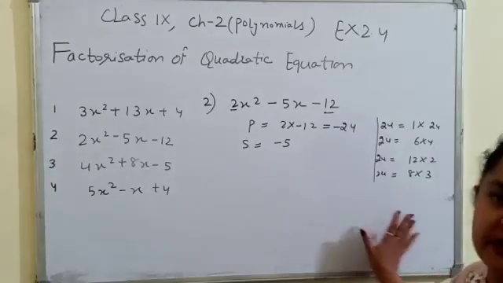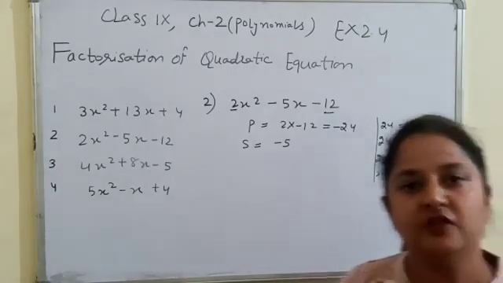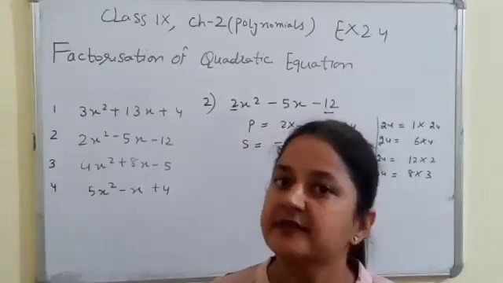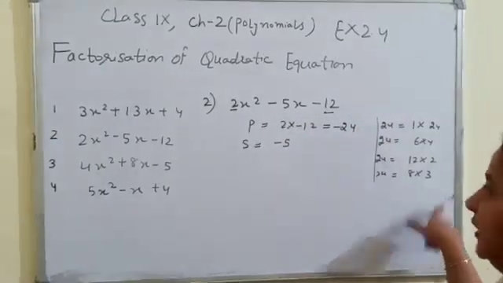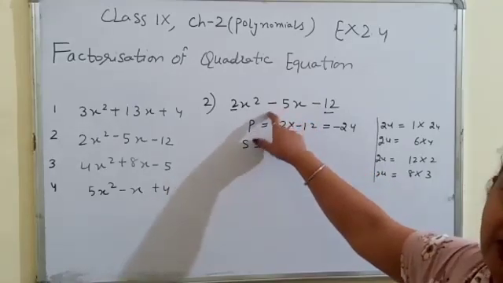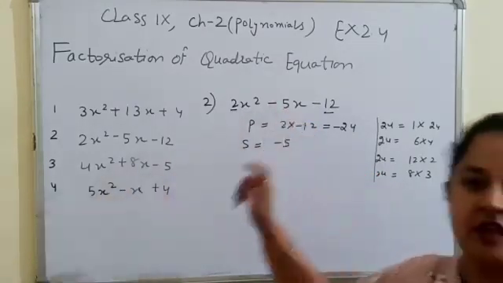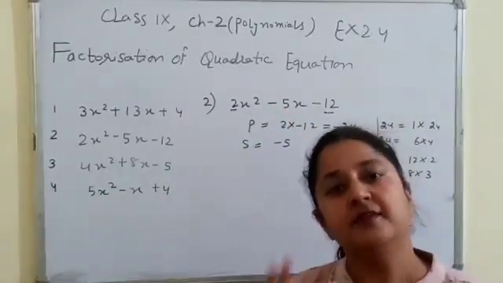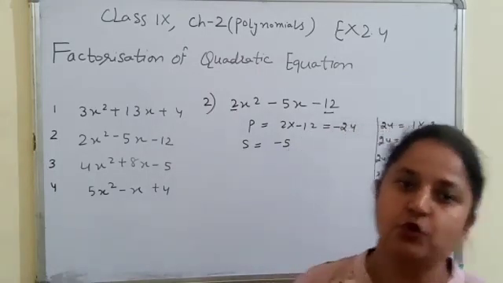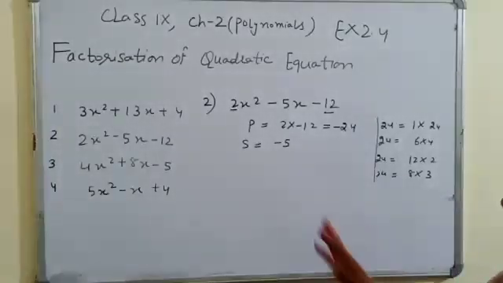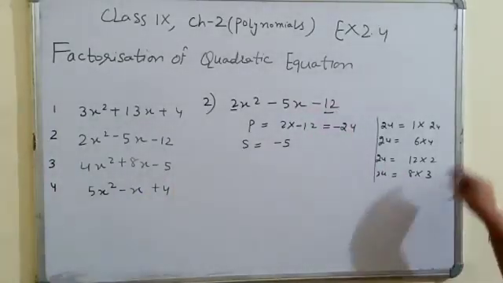It means from these two numbers, one number is positive and the second one is negative, and we have to take the greater number as a negative, because we have to write the -5. We have to split the -5. We have to take two numbers in which one is positive, one is negative, and their sum should be equal to -5. So let's see.